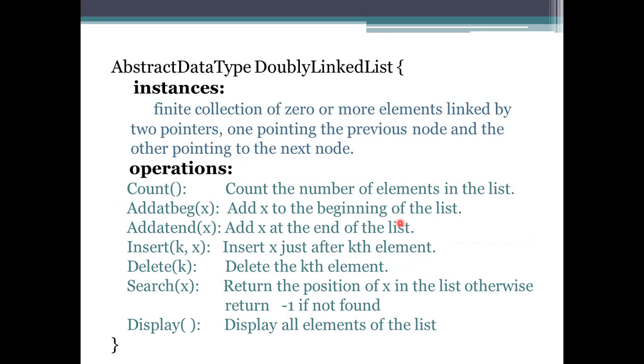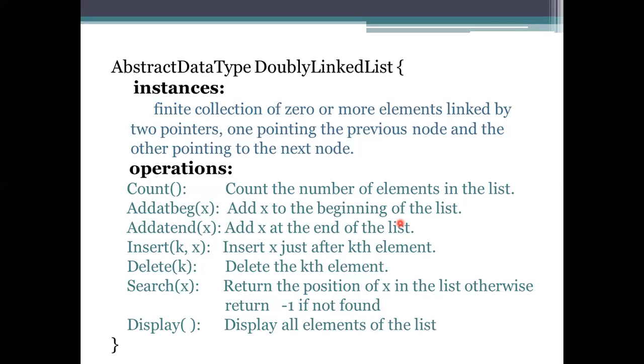The ADT for this is: first we need to represent the data elements, and then the links for each and every element. If you have an element, it should have 2 pointers, one for the previous node and the other for the next node. If it is null also, at the initial stage the data element will not be stored, and we create a node for it. That node consists of a data part and the left child and right child, which will be considered null only because it is the first one.